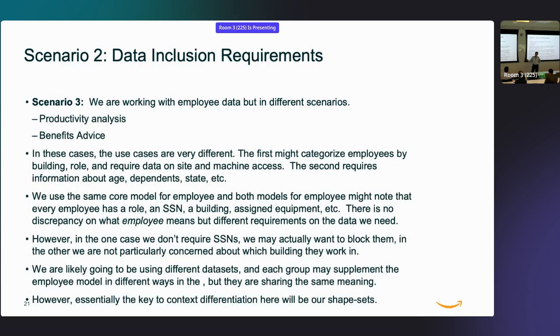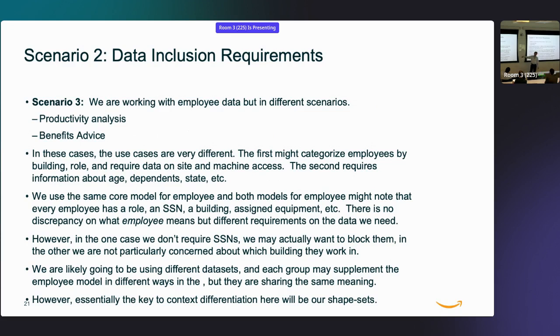But another key use case is if we think about ontologies expressing meaning. Our ontology might say every US person has a social security number. Now, if we're trying to apply that rule to our data, we may want to enforce it if we're in the tax department. We want to say, yeah, everybody has to have a social security number. But if we're creating the data that's going to be posted on the internal directory, we don't want to post people's social security numbers.